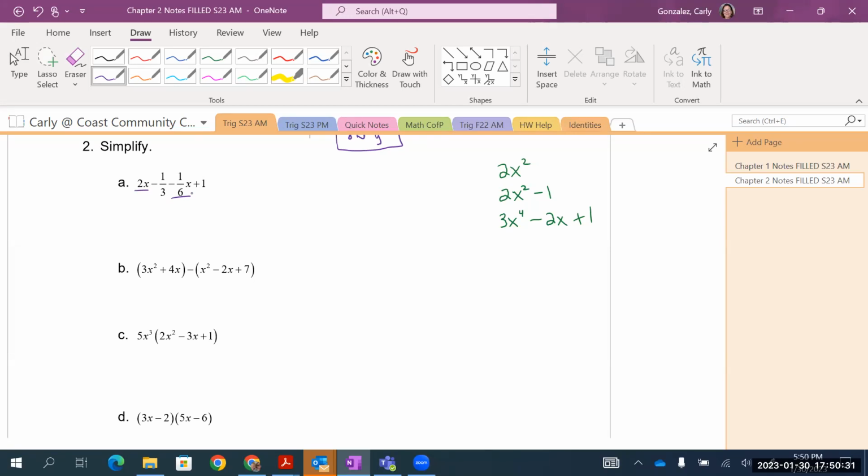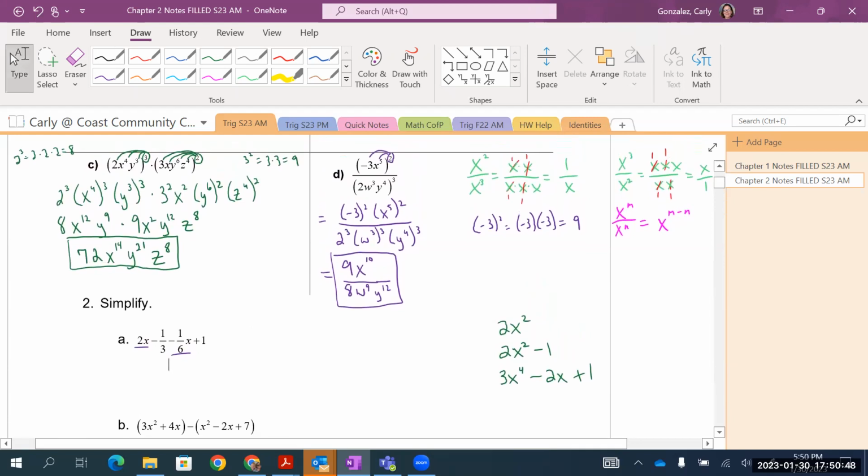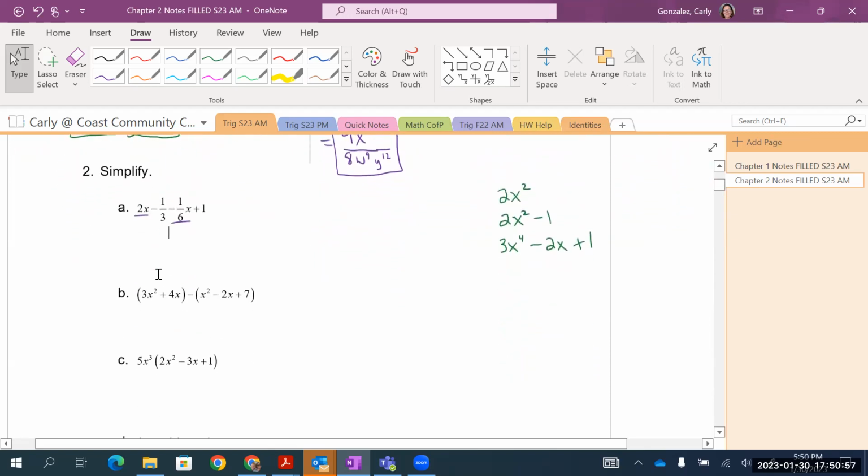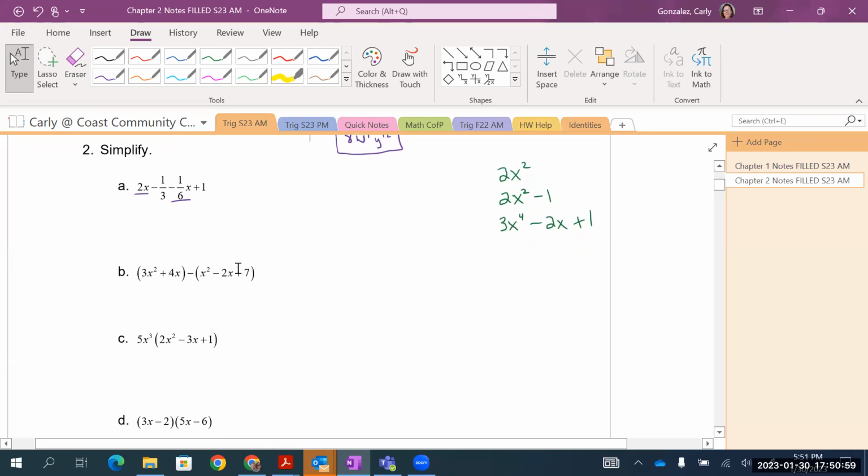And so let's go ahead. Oh, one other thing I wanted to mention over here, back to the terms. One key feature is terms are separated by addition and subtraction. So even looking up on 1C, that actually is 1 term because there's no adding or subtracting. So here, let's take a look back at 2a. So if we have 2x minus 1/6x, now we need to be able to subtract 2 minus 1/6,